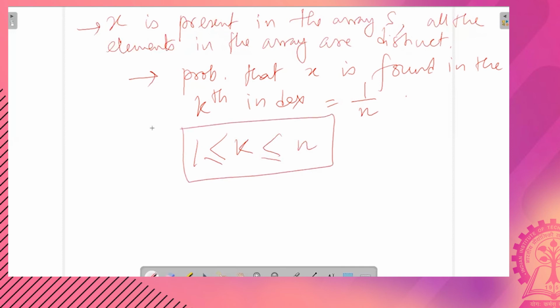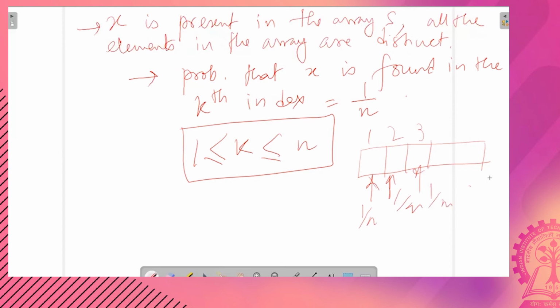Okay, so therefore the probability of matching the element with X at position 1 is 1 by n. Okay, at position 2 is again 1 by n, at position 3 is again 1 by n, and so on and so forth.